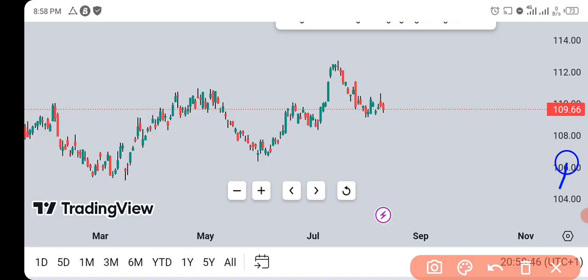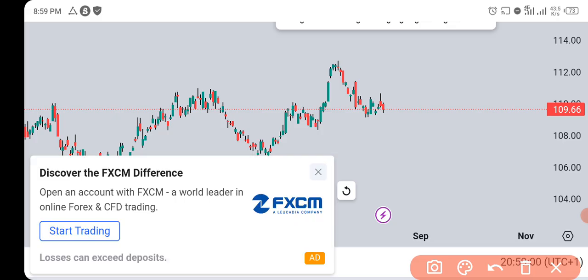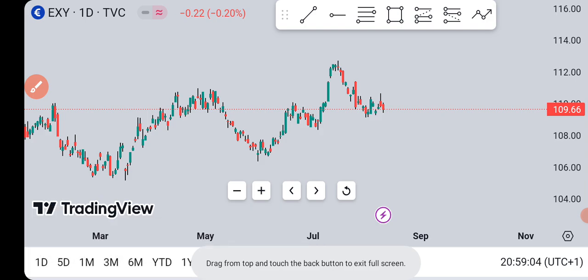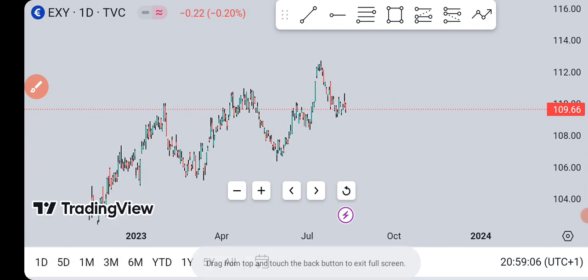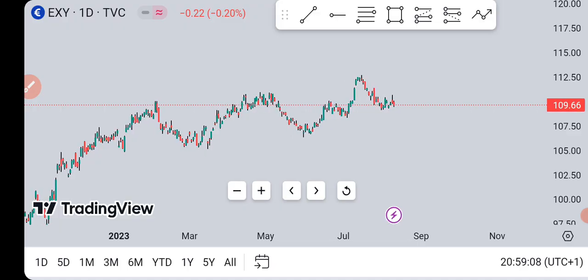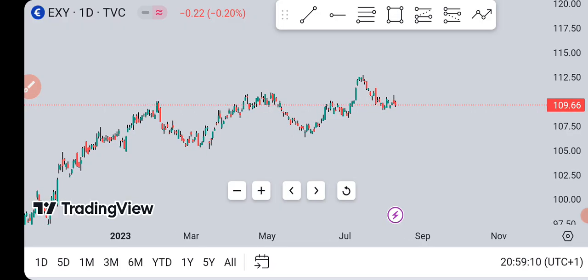Now you will see some kind of gaps. The index doesn't move 24 hours like the currency pair moves. That's why you are seeing something like slippage or gap. So they don't move 24 hours. So that's it. Now here in the index, remember we are buying EUR/USD, and we need to